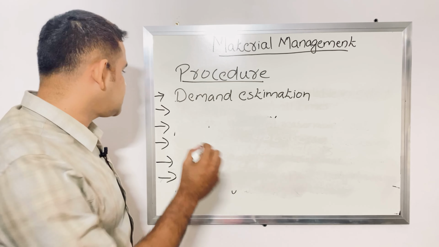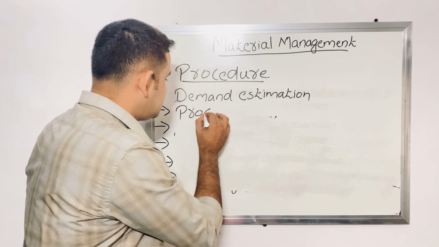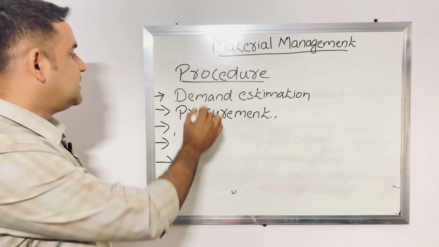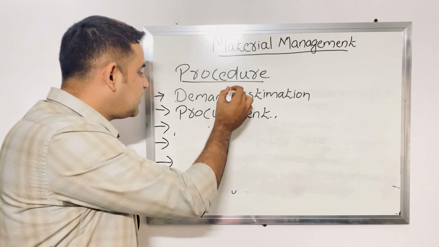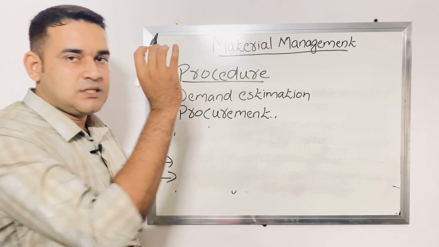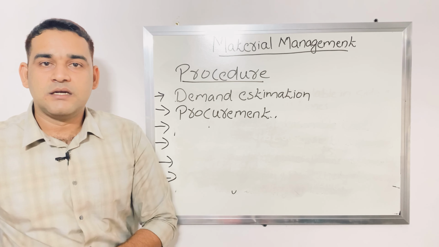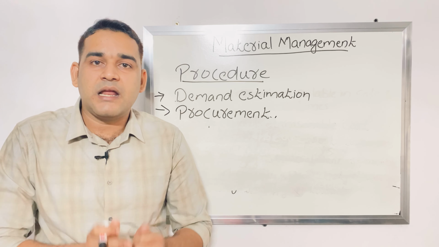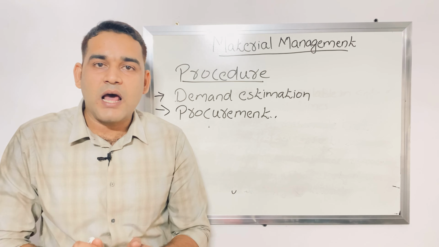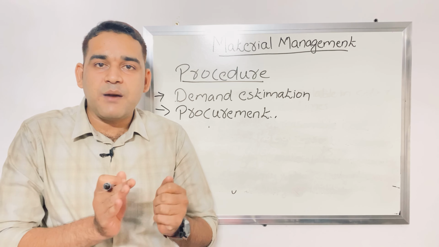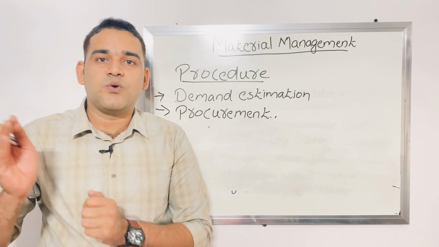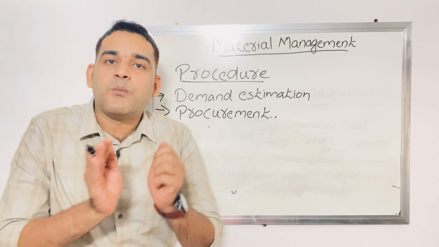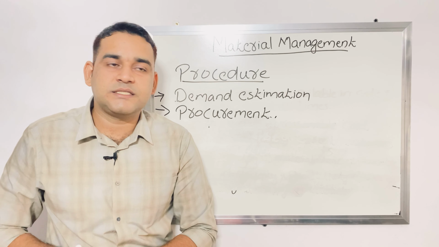Next one is procurement. As we already discussed, it will be easy for you, just like the elements only. Second one is procurement. So what is procurement? Procurement is obtaining or buying or purchasing goods in a pre-planned manner on a large scale. You are buying goods in a pre-planned manner on a large scale. Bulk things you are purchasing in a pre-planned manner. That is procurement. Next point is